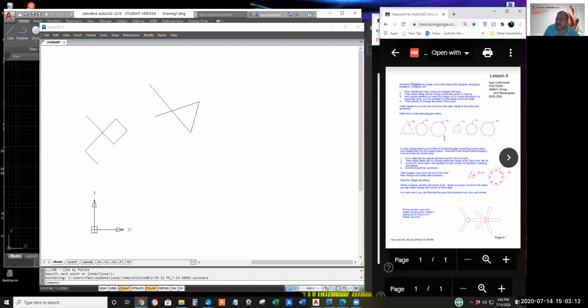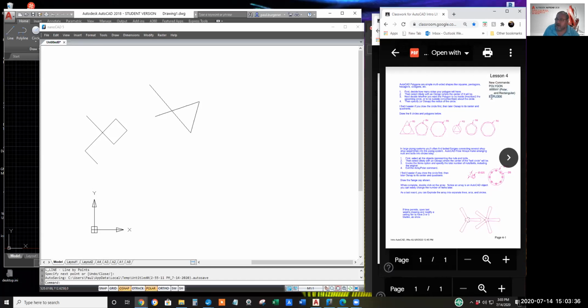And hexagons is probably by far the most common use of the polygon command. Then we'll learn the arrays. A rectangular array is kind of like a checkerboard of copies. I don't have an exercise to work that. I might demonstrate it time permitting.